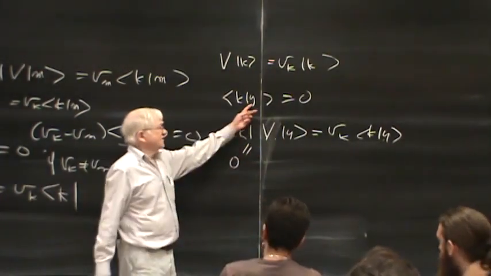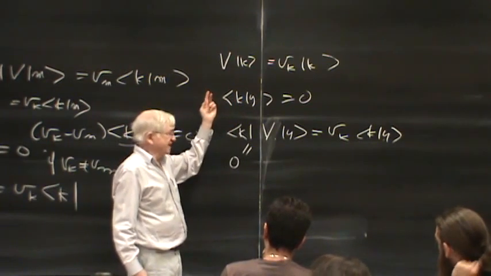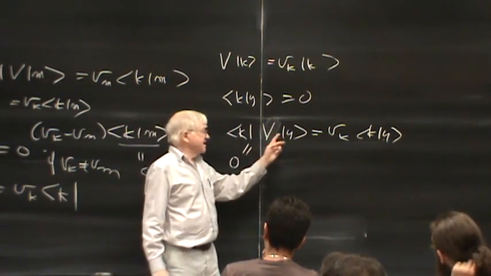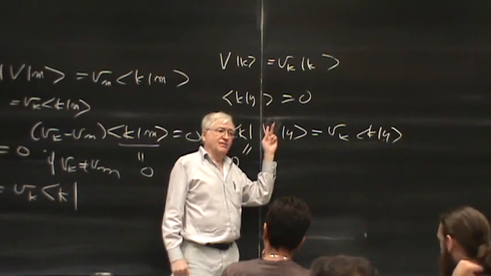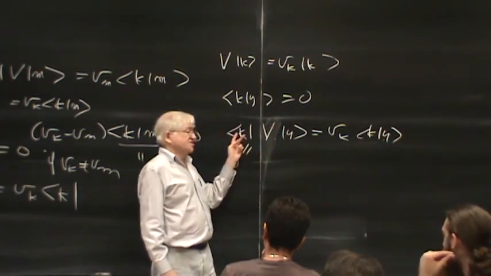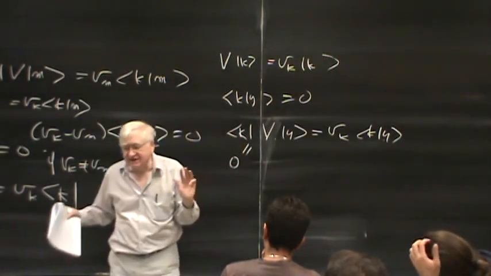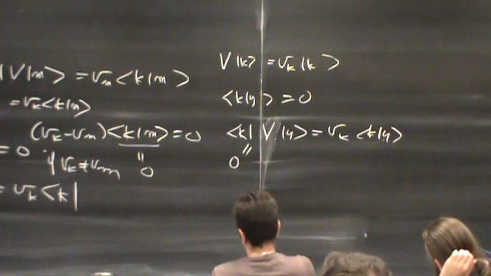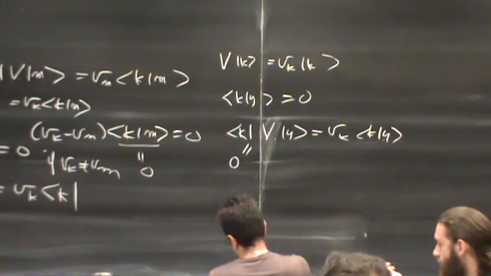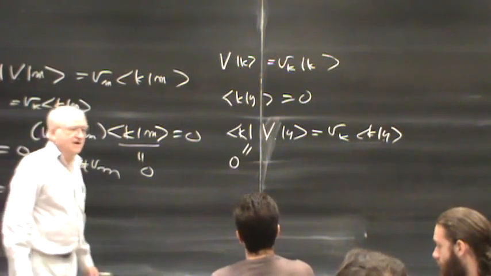In other words, if you have any vector that's orthogonal to an eigenvector of a normal matrix, the image of that vector under the normal linear operator is also orthogonal to the eigenvector. So it's exactly the same as for the Hermitian operators, and consequently going through that same argument, which I'll mercifully not repeat,